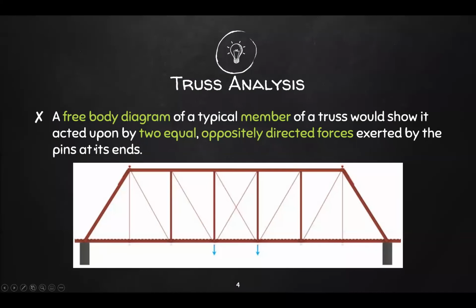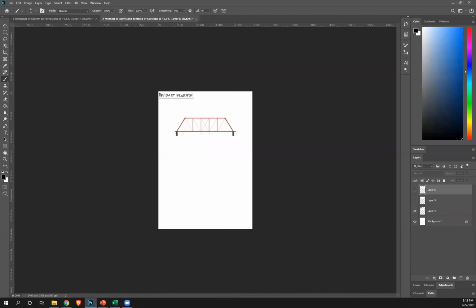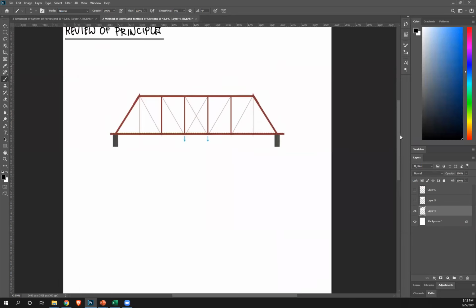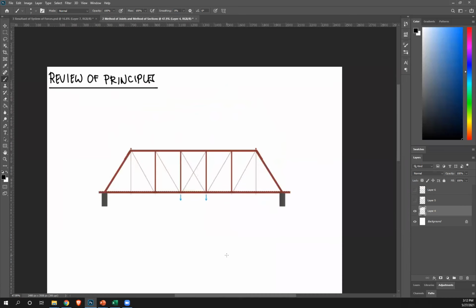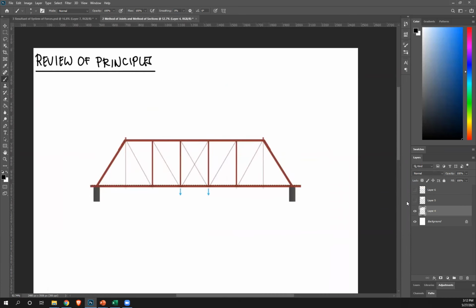Now let's talk about its free body diagram. So a free body diagram of a typical member of a truss would show it acted upon by two equal, oppositely directed forces exerted by the pins at its ends. For example, we have this truss right here. Let me show you. Recall. Let me just zoom in. So let's say